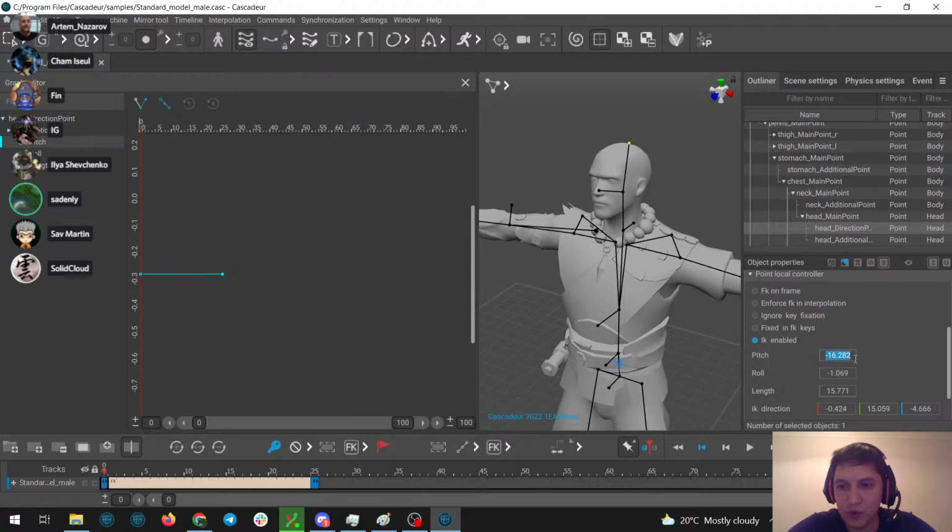So suppose they're 0, 0, and now I'll copy this key here, so I'll just have 0 pitch and 0 roll, and then I'll go with like -70 pitch and 70.